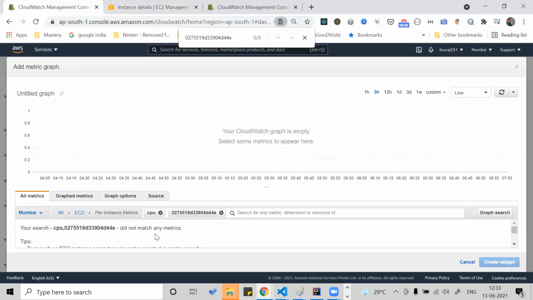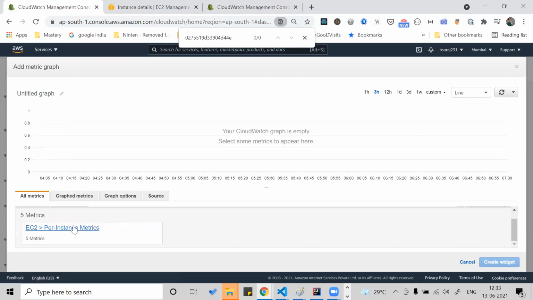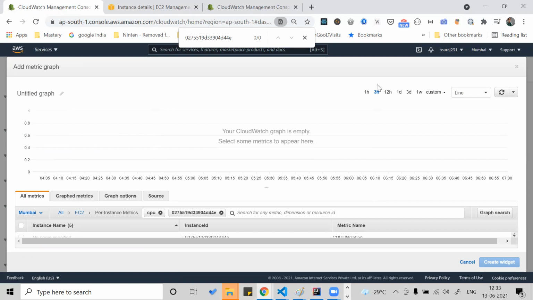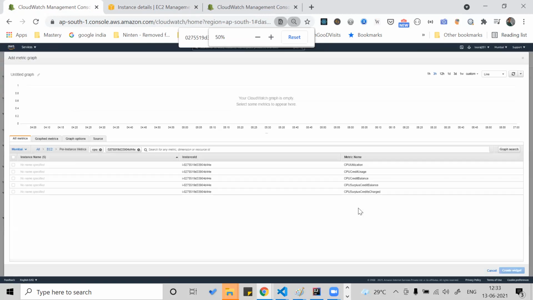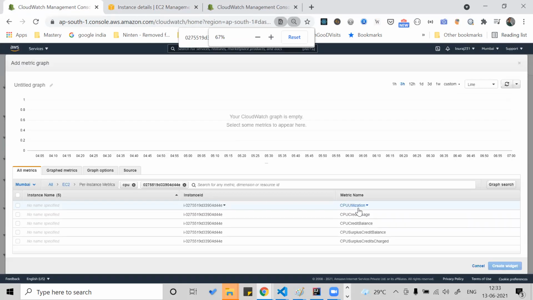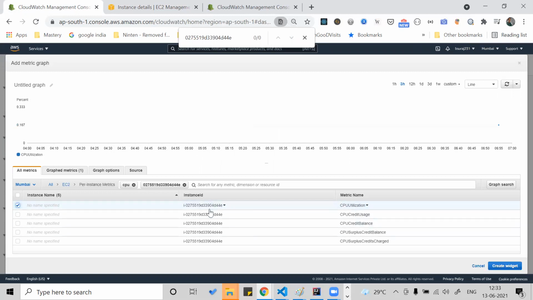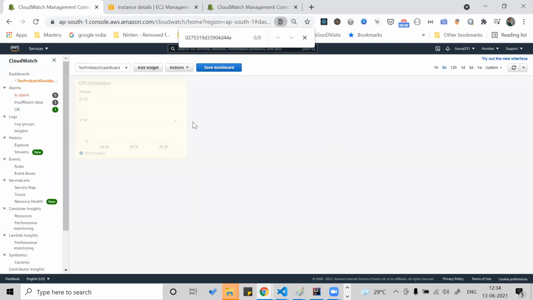Let's go to this particular EC2. We have 10 minutes, but we will provision one thing and then complete it. Let's go for the CPU utilization for this one, 44E. Now we got it. We need to wait some time until this EC2 is replicated in CloudWatch. So I'm keeping the CPU utilization, creating the widget, and then you will have our dashboard. Save the dashboard, which is the 10 p.m. dashboard with only CPU utilization.